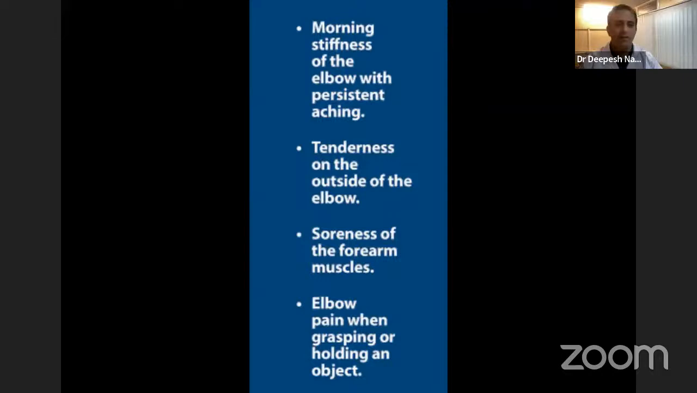In tennis elbow, it is the outer side of the elbow, and in golfer's elbow, it is the inside of the elbow. Soreness of the forearm muscles: the forearm muscle also gets sore because forearm muscle arises from